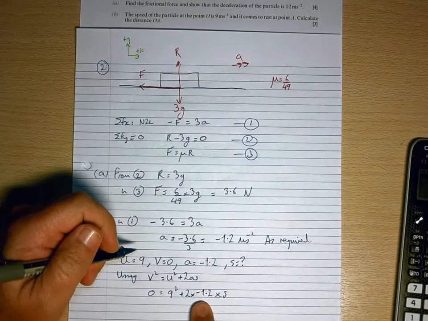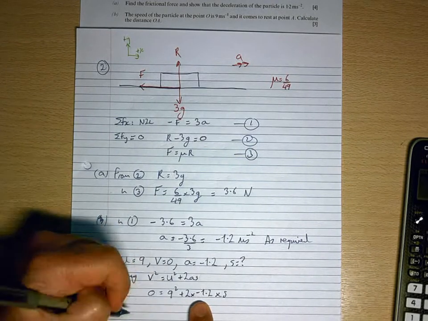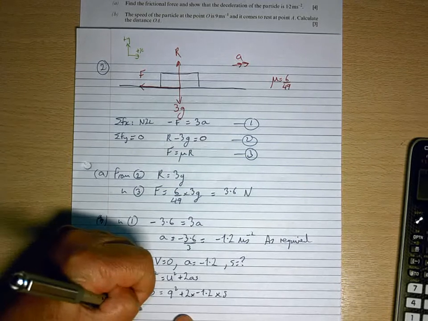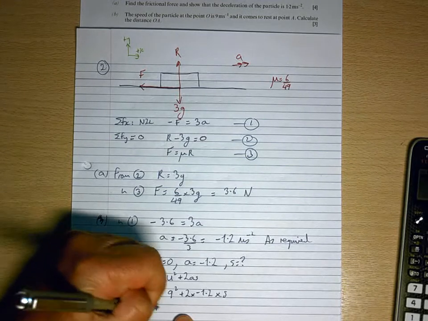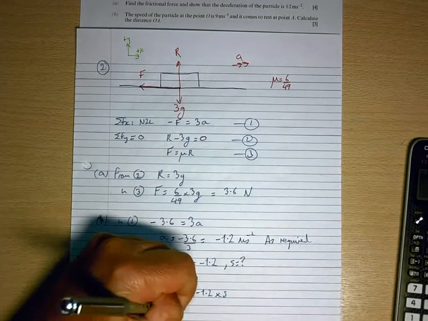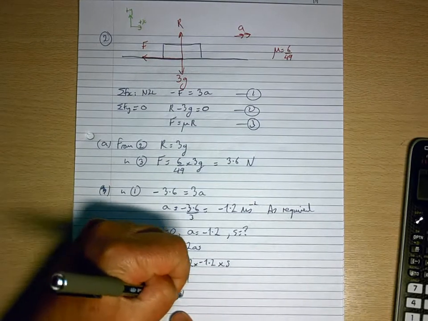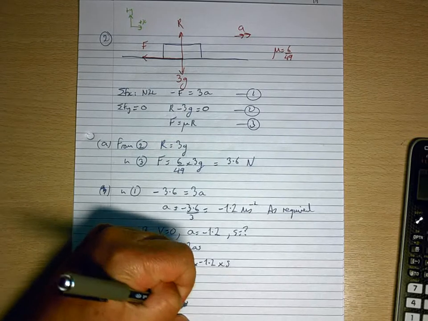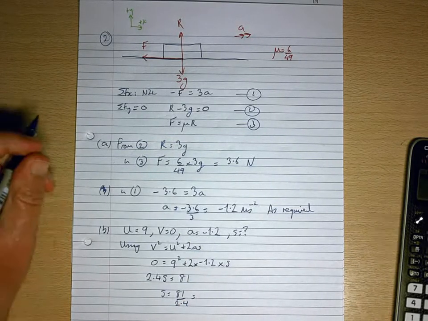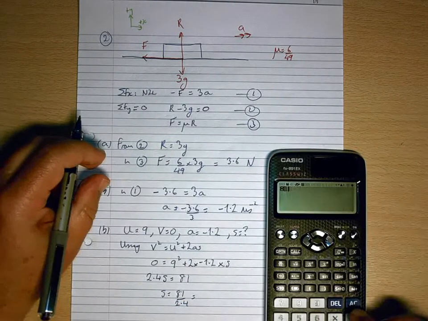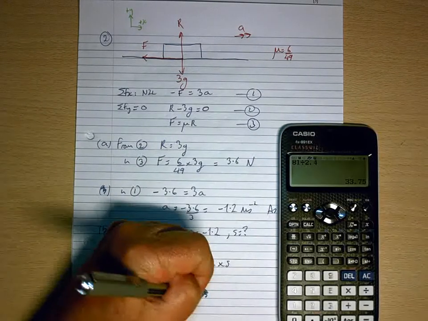So 2.4, that's going to be negative, so I'll bring it across to make it positive. 2.4 S equals 81. S equals 81 divided by 2.4 equals